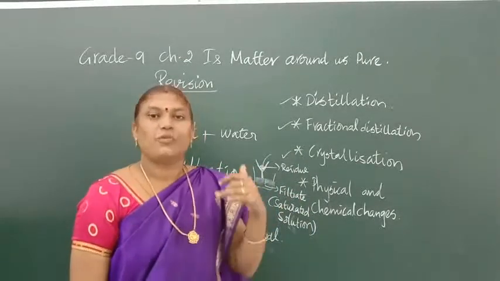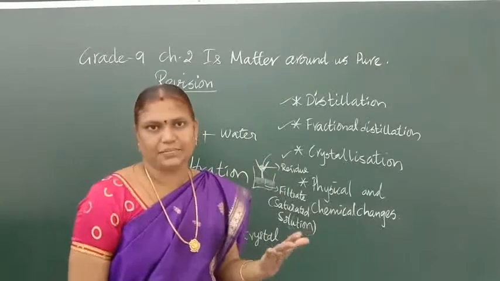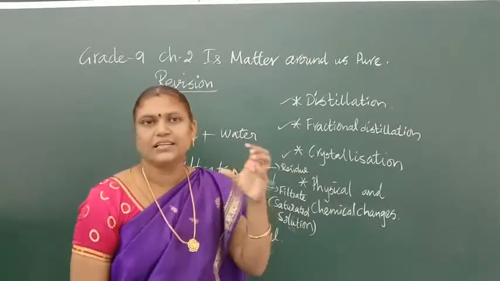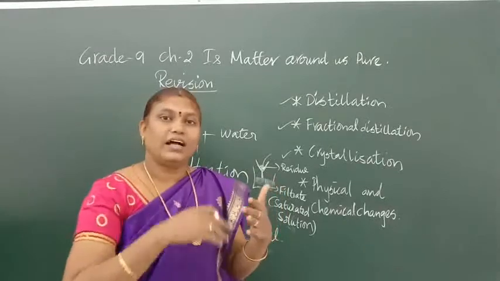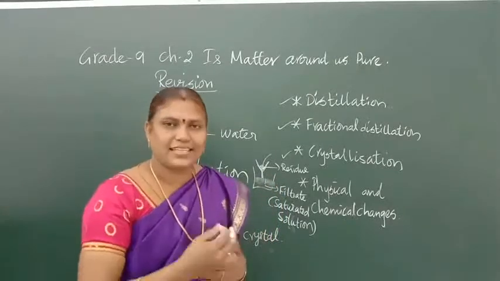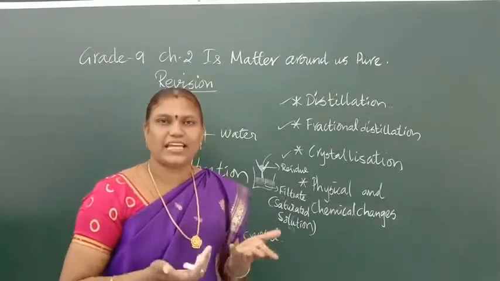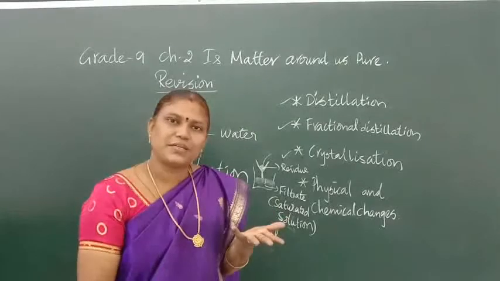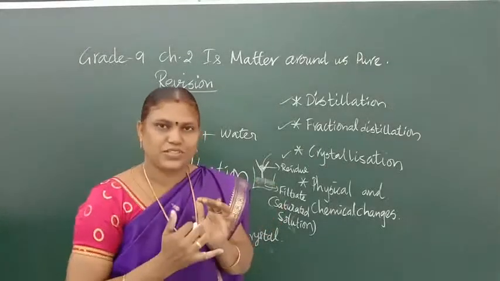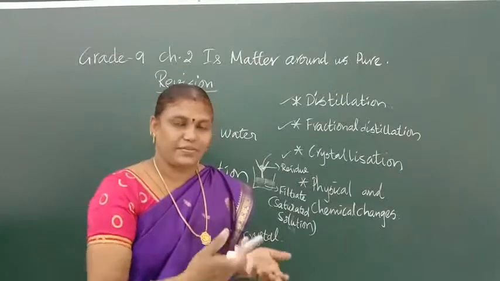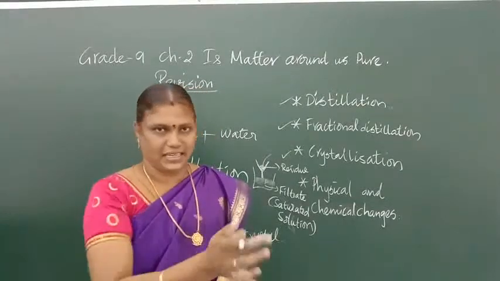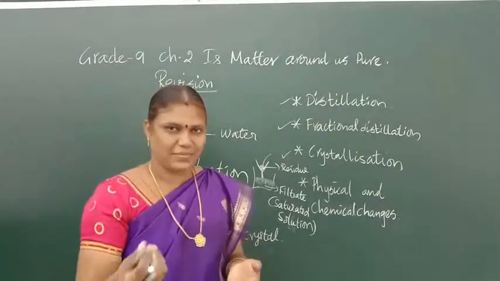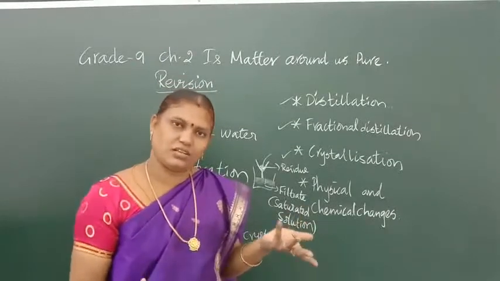Second one is when this heating purpose, when you are heating this substance, they may decompose, they may char. Char means they will get spoiled, gets wasted. So what is the purpose of separating? You should get the pure substance. When it is charred, it will be wasted while evaporating, heating. Sugar will be charred. Char means it became brown. Then it is not useful.